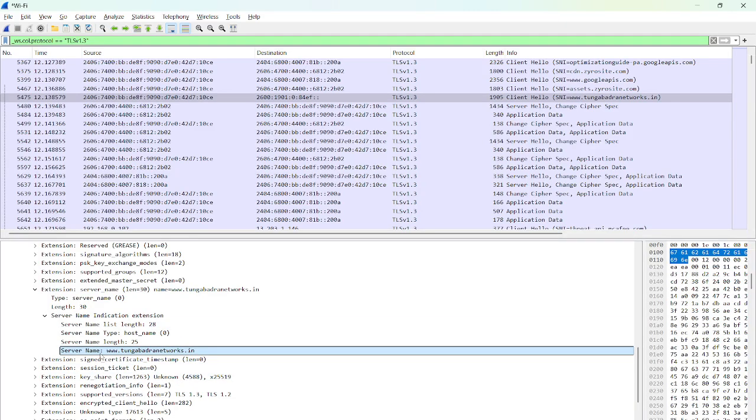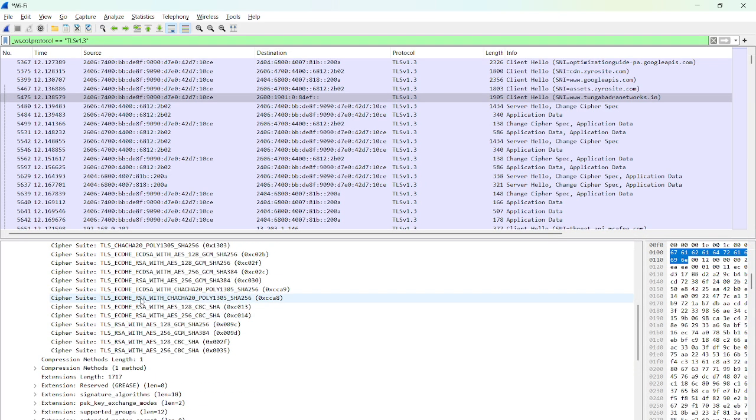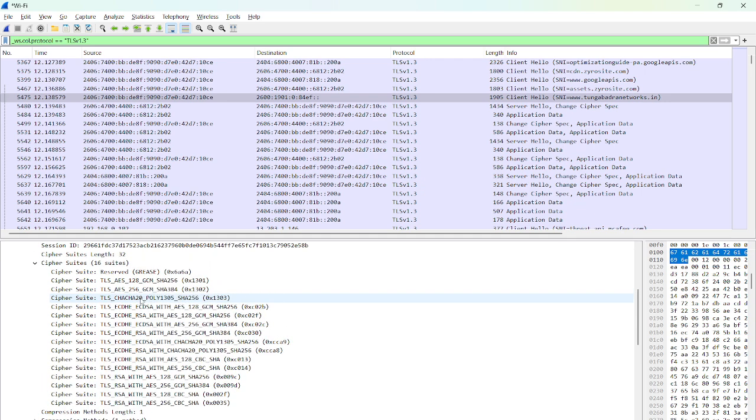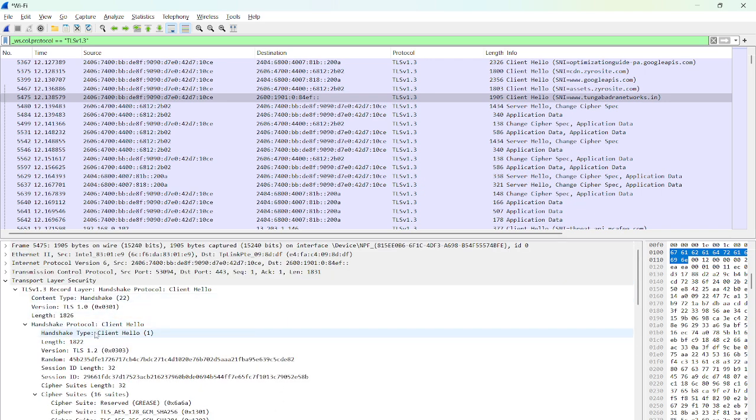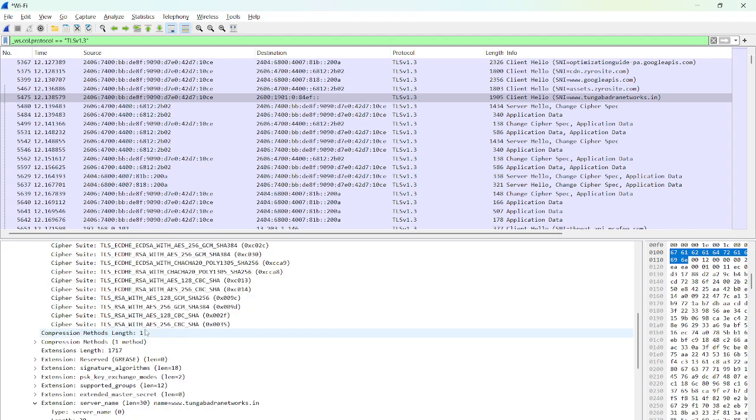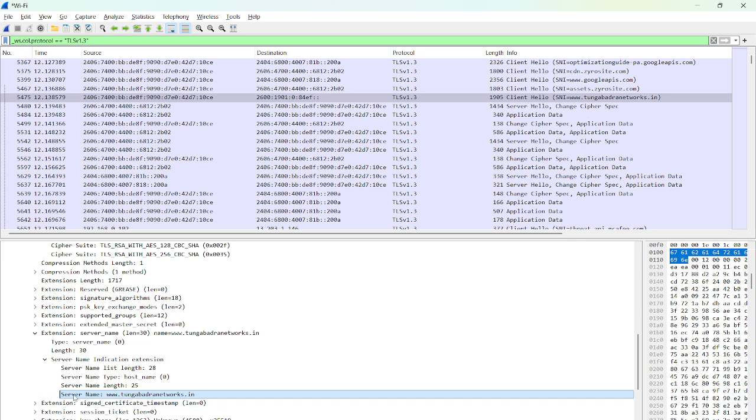Which traffic it is. So if anyone gives a packet capture, an SSL packet capture, and asks which traffic it is, what you have to reply is: from the client hello, in the client hello we'll be having the SNI extension, and in the SNI extension you can verify the server name.